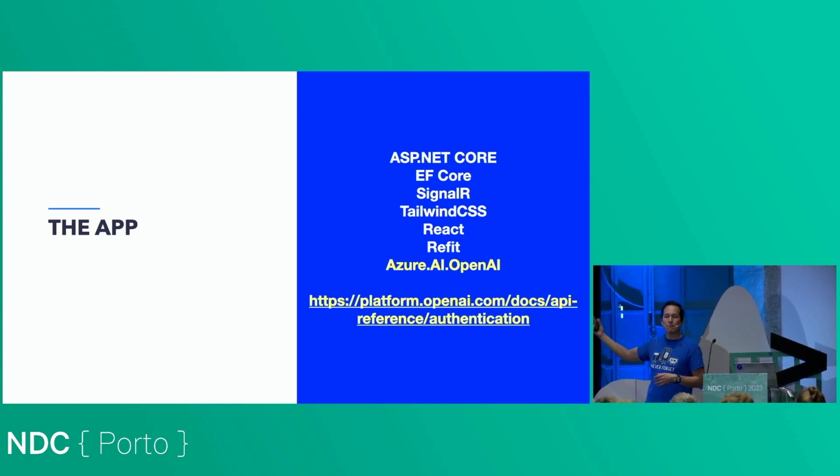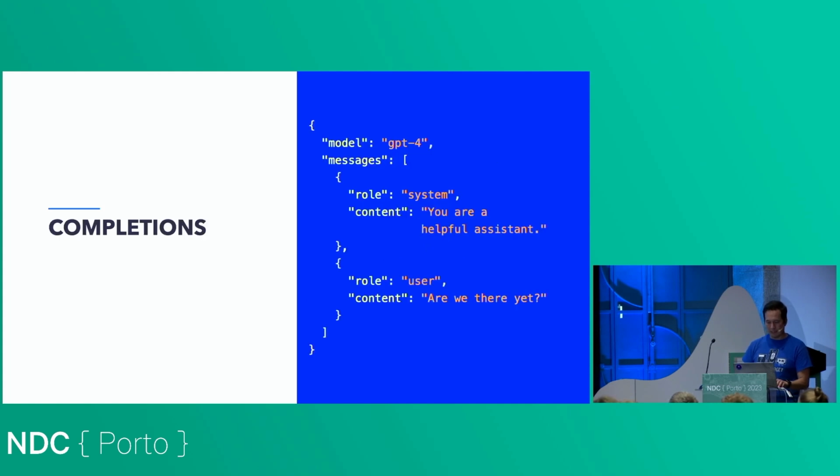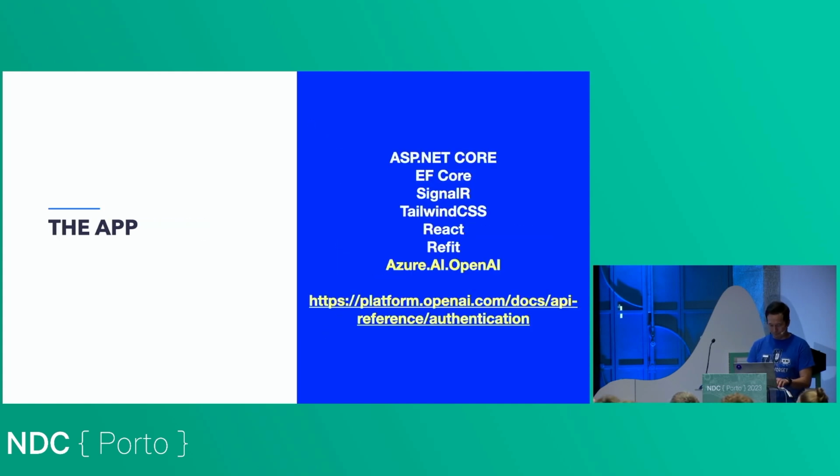There are multiple libraries you can use to communicate with OpenAI's API. I like this one just because I know they're supporting it, that they have full-time employees working on it. And this is the URL for the docs. After getting all that set up, I kind of ran out of time and didn't actually implement anything. No, I'm kidding. I've got something to show you. Let me show you where you're going to get the API keys.